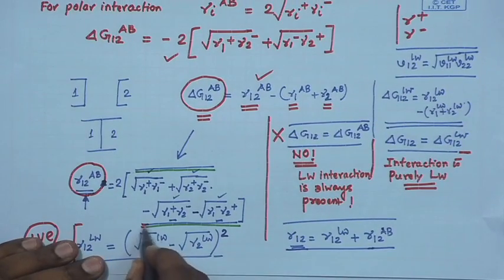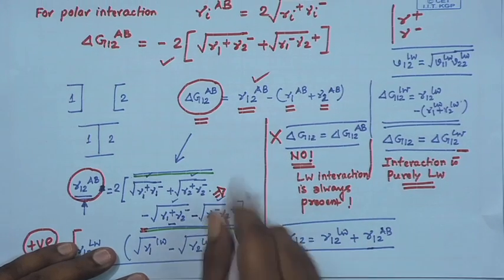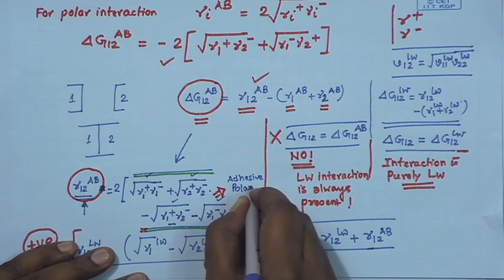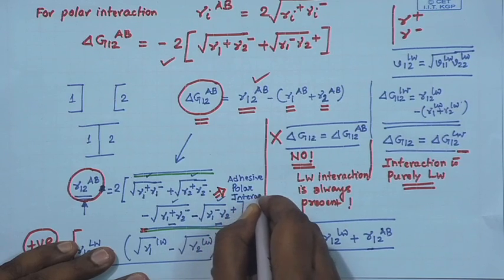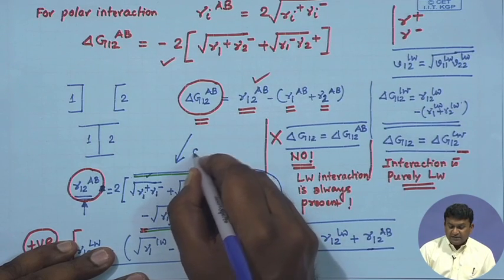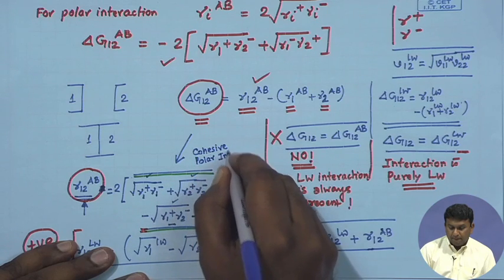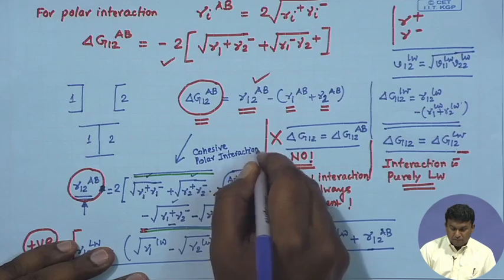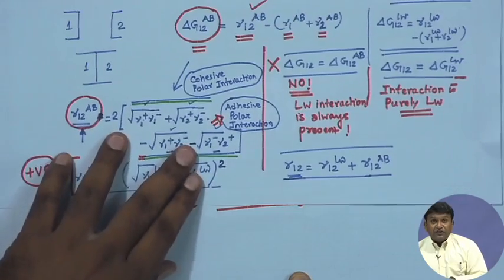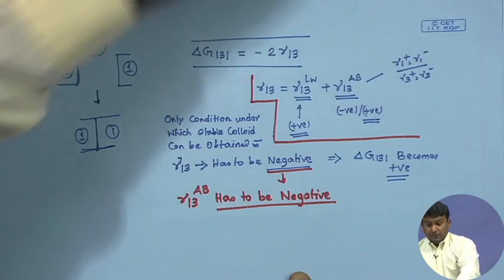This is possible when the adhesive component of the polar interaction exceeds the cohesive component of polar interaction. Only this condition will make gamma 1 3 AB negative, but there is an additional